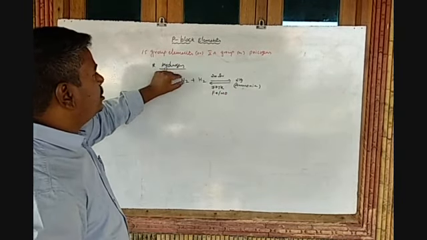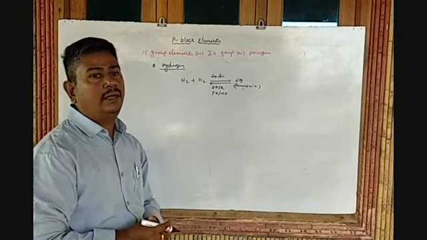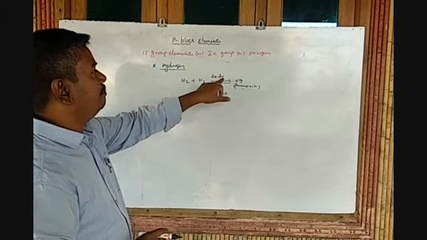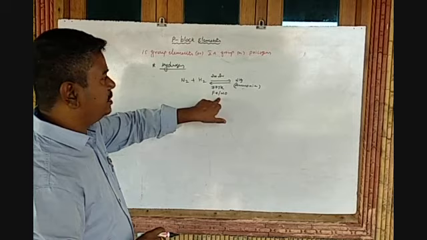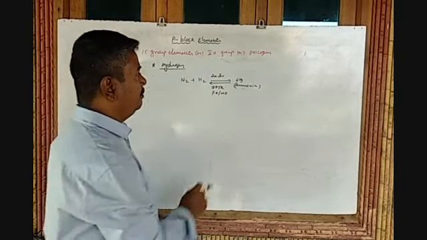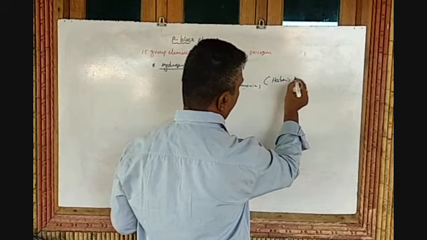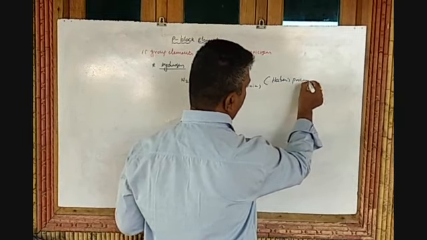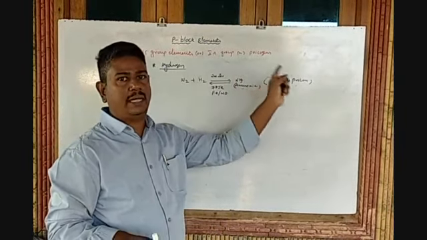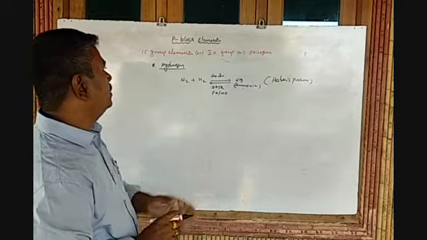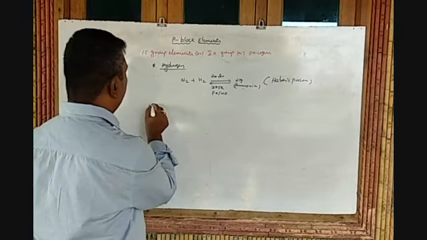So nitrogen combines with hydrogen to form ammonia under the specific conditions of high pressure and temperature of 773 Kelvin and a catalyst, iron and molybdenum, which is termed the Haber process. Later in this topic only, we discuss the preparation of ammonia by Haber process. So here the nitrogen also combines with hydrogen to give ammonia, and reaction with oxygen.